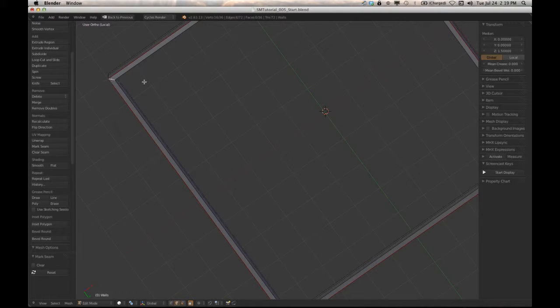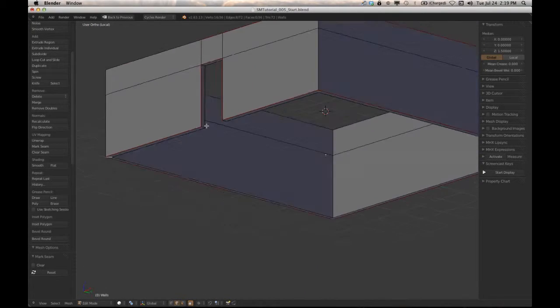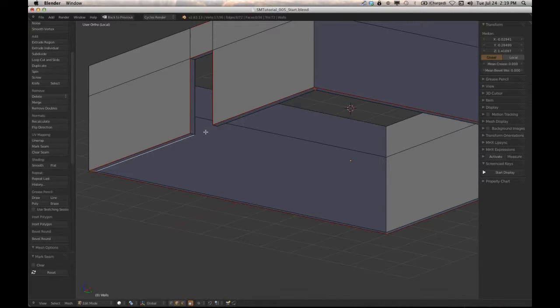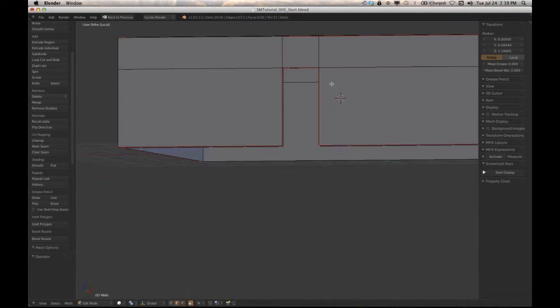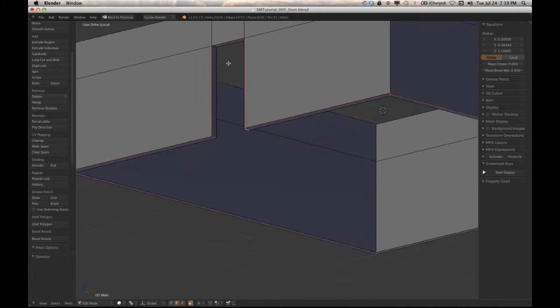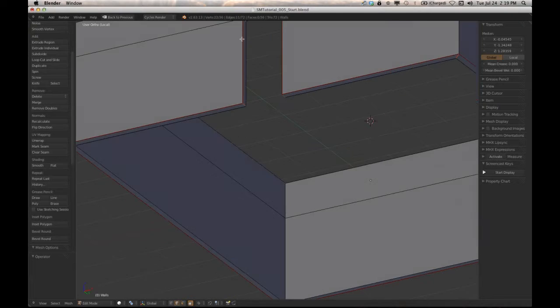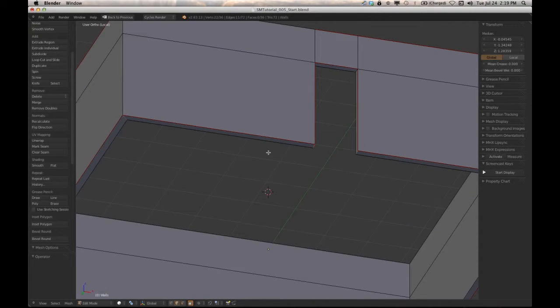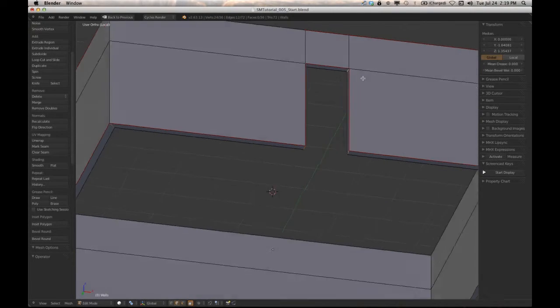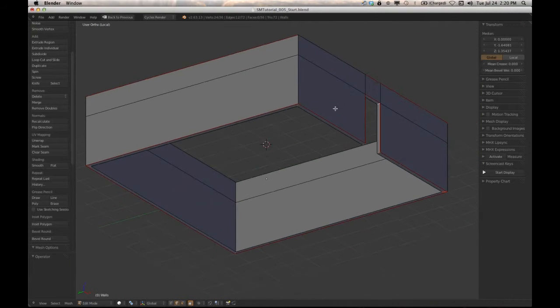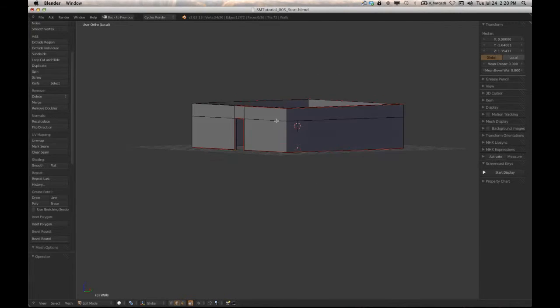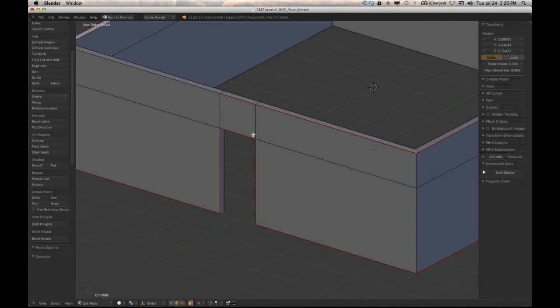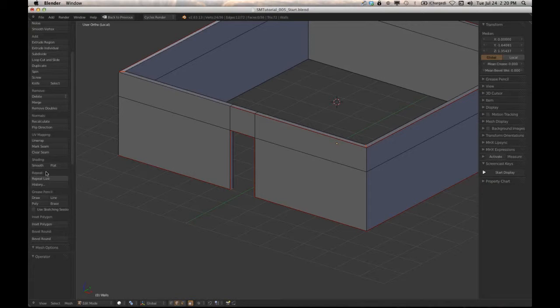There's only so much you can do to help it along, and you just have to figure out where the seams are going to make the most sense. And the reason I set them this way is because the outside is where we want the actual texture to go. The inside's not going to matter much. We're just going to shrink that down. But the other thing is by marking these edges, when it flattens out, as you saw with the floor, then it keeps those edges coming straight out from the